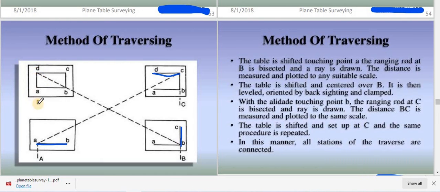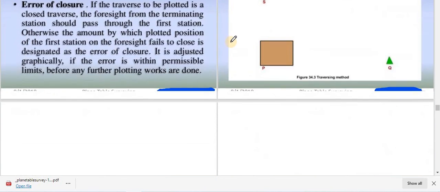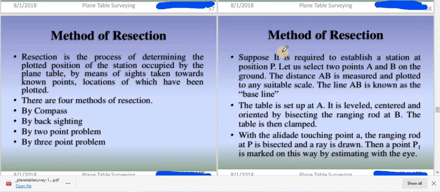Then the last point A is bisected and drawn with a suitable scale. So this is nothing but the method of traversing. Traversing is nothing but a number of connected survey lines. You are connecting A with B, B with C, C with D, and D with A.